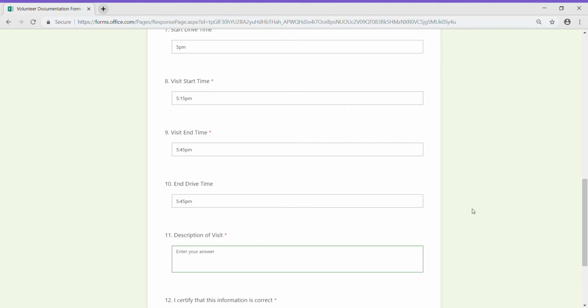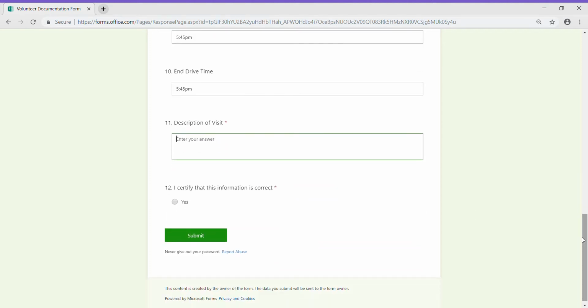Now in the description, we don't need it really elaborate. You can just put if it's your first, your intro visit. And then when you go back, if you talk about the weather, then you can just put good visit, talked about weather. If you talked about fashion or about family, just say good visit, talked about XYZ. You don't have to get into detail, that's okay. And then you're going to click I certify that this information is correct. When you submit it,